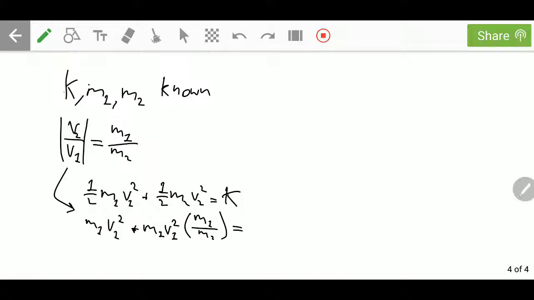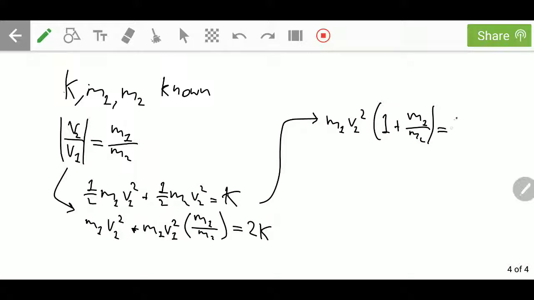And then we will get 2K on this side. And so what we get is M1 V1 squared times (1 plus M1 over M2) equals 2K, and that means that we can solve for V1, and of course then we can solve for V2, which means that if we have